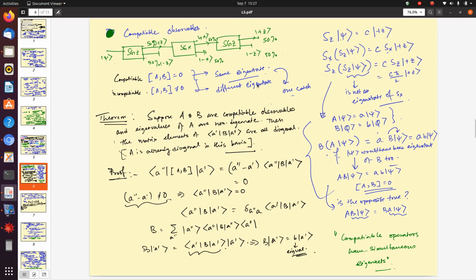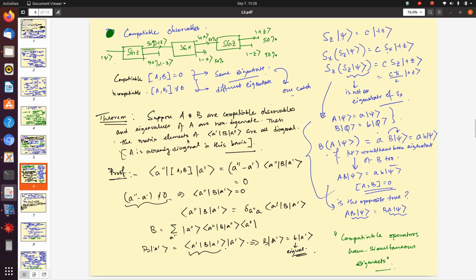So then that is encompassed into this statement that A and B are not compatible and they are non-commutative, which is opposite to this scenario, because if they are non-commutative, there is no way they can have a common eigenvector. So now let us convert this sketchy argument into a rigorous proof.